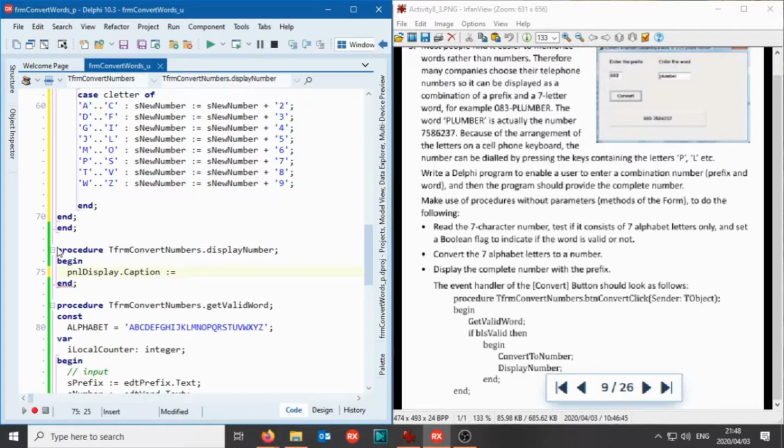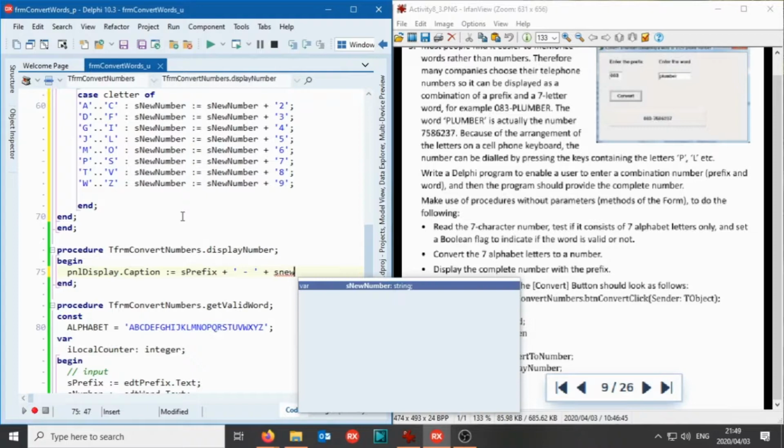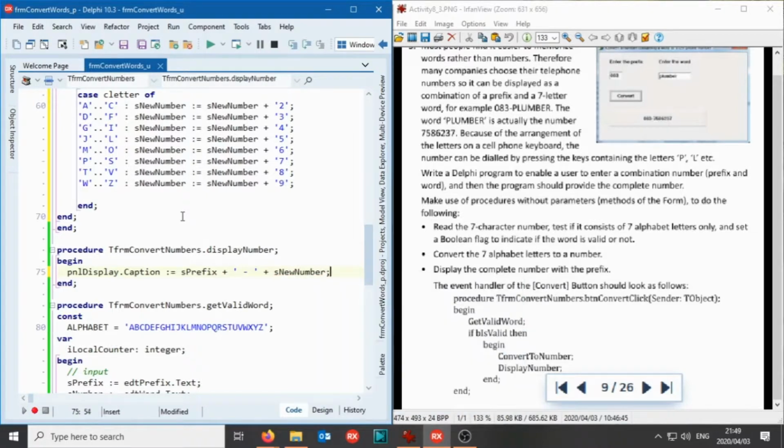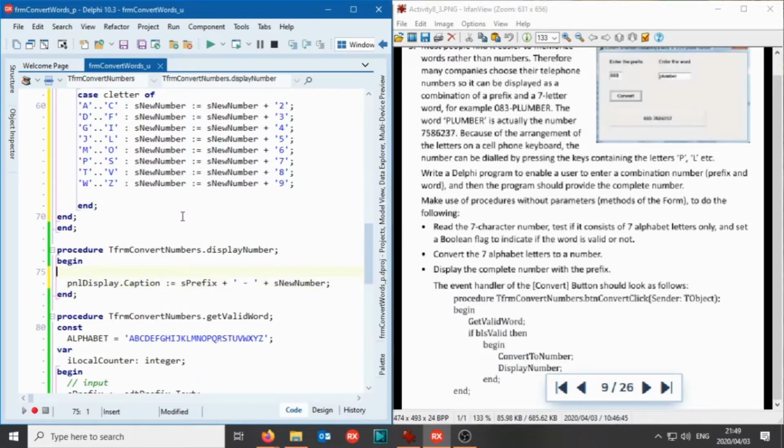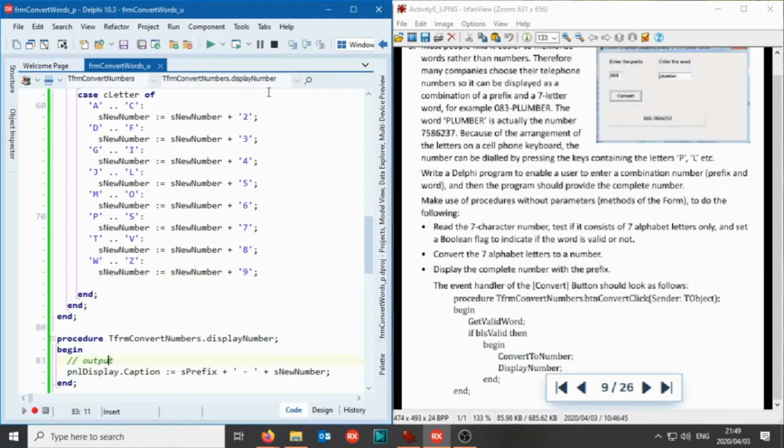The first thing that we need to do is the prefix. So S prefix plus a minus plus S new number, and that's it. That is output, and there's the whole program